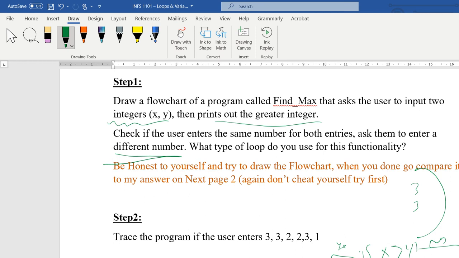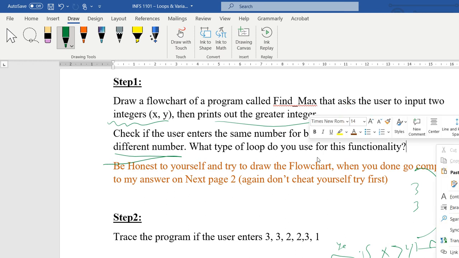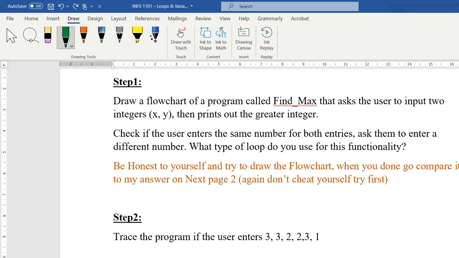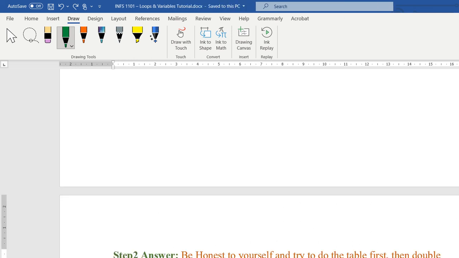Again, it's a simple flow chart, similar to the stuff that we've done, and this is your chance to practice this. So please practice this before we go ahead to the answer, and find the answer yourself quickly. Okay, so work on it, find it. Now, once we've done this,